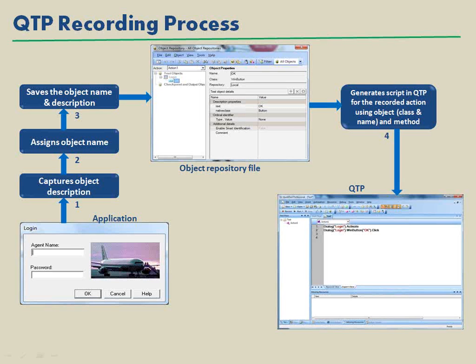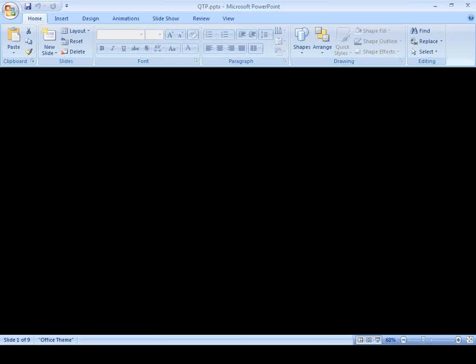See what happens when you record. Say this is our application. When I record this OK button using QTP, what is QTP doing in the first step? It captures the object description. What does object description mean? We already discussed that every object in QTP has some properties, correct? For example, this OK button has some properties. Properties like